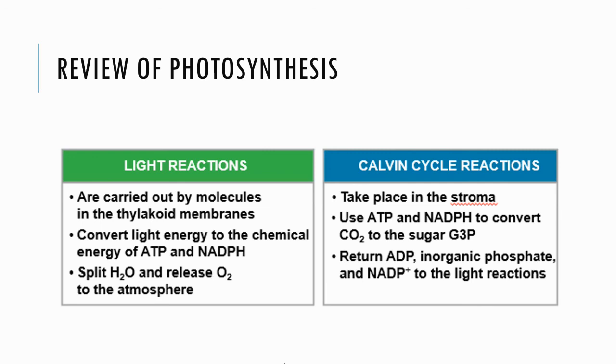So the light reaction again happens in the thylakoid. We're converting light energy into the chemical energy of ATP and NADPH. We're going to split water and release O2 to the atmosphere. Maybe plants will keep some for respiration. The Calvin cycle, on the other hand, takes place in the stroma, and they're going to use ATP and NADPH to convert CO2 to the sugar G3P, and then ADP plus the phosphate and NADP+ will be returned to